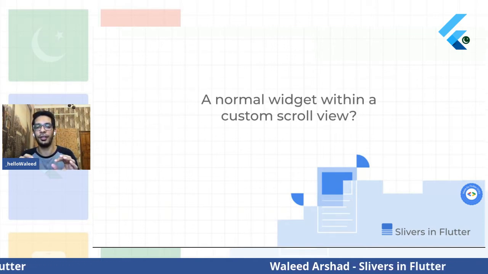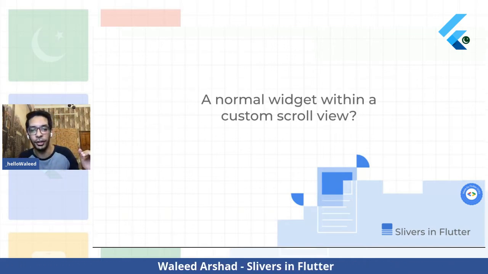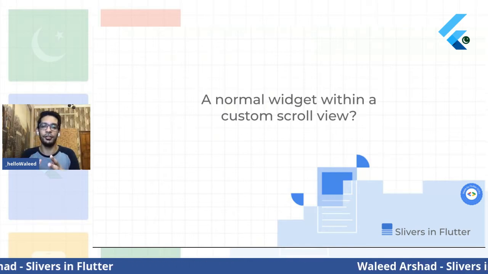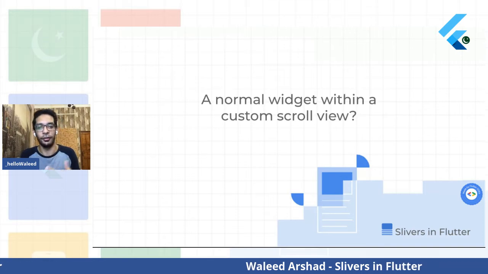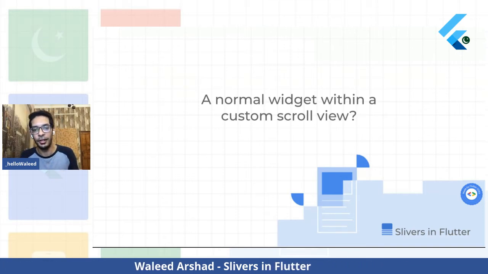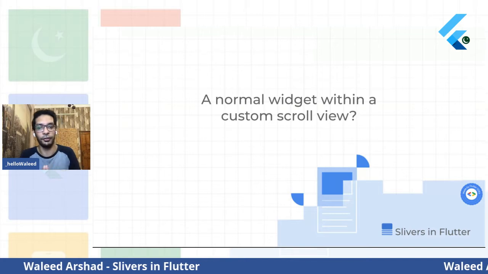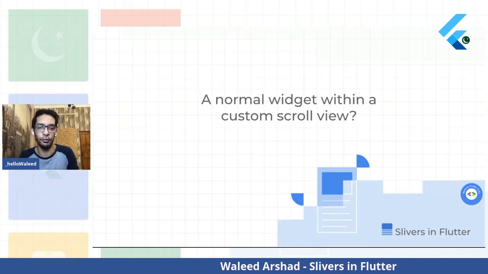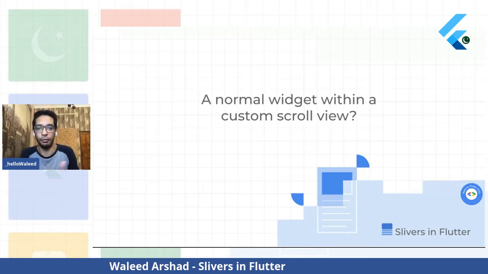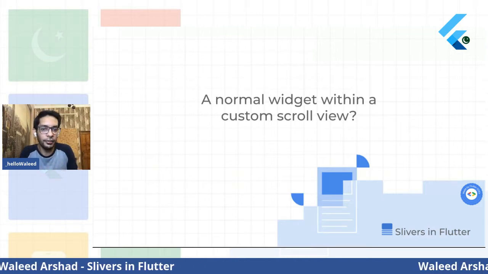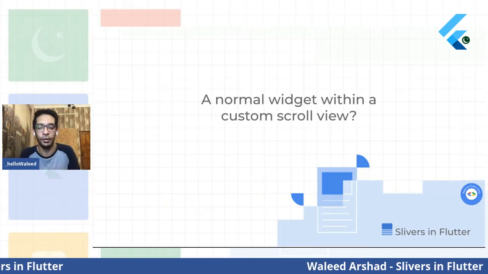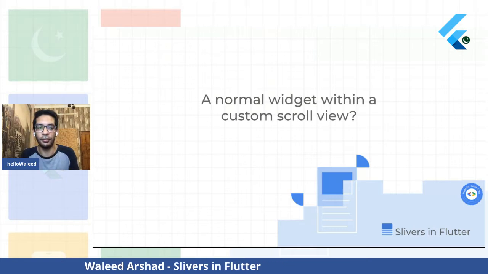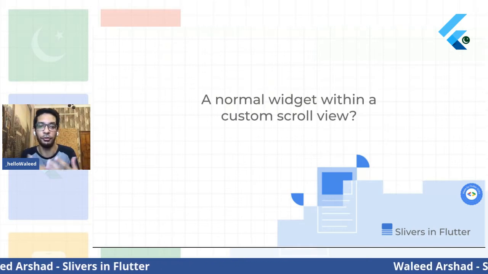So you see, this is another slice that wants its way through the custom scroll view. This is a slice that has a normal height and width, and it wants to have a space in the custom scroll view. It's asking that I also want to be a part of the custom scroll view, and I have a fixed height and width. So can I have a part in it? Can I be a sliver or not? That's what the simple widget asks the scroll view.